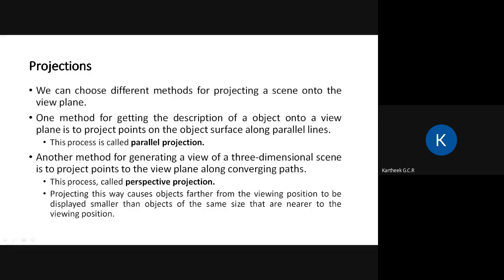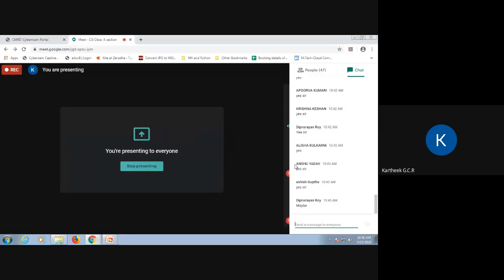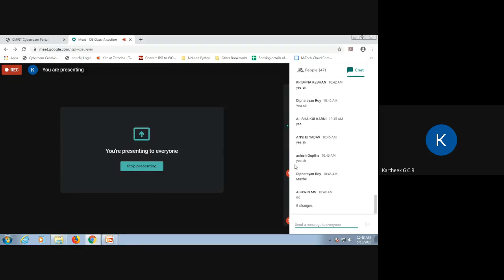Now in parallel projection, since the projectors are parallel, if the viewer moves away from the projection plane or towards it, does the shape of the object change? No. But in perspective projection, if the viewer moves away from or towards the projection plane, does the shape of the object change?